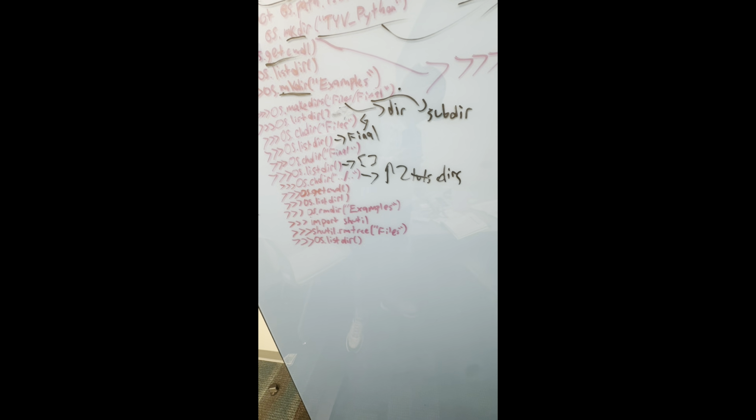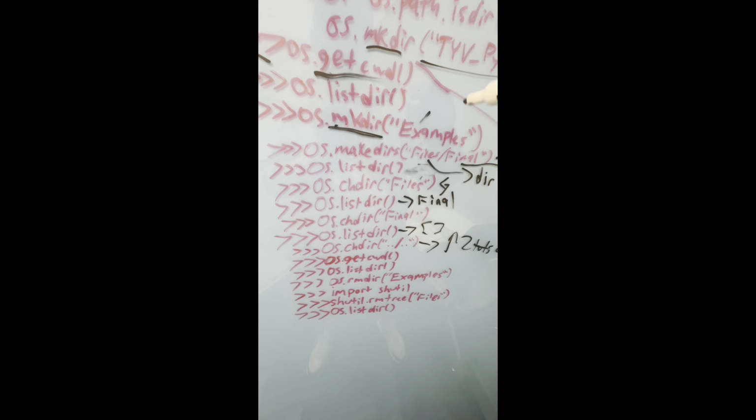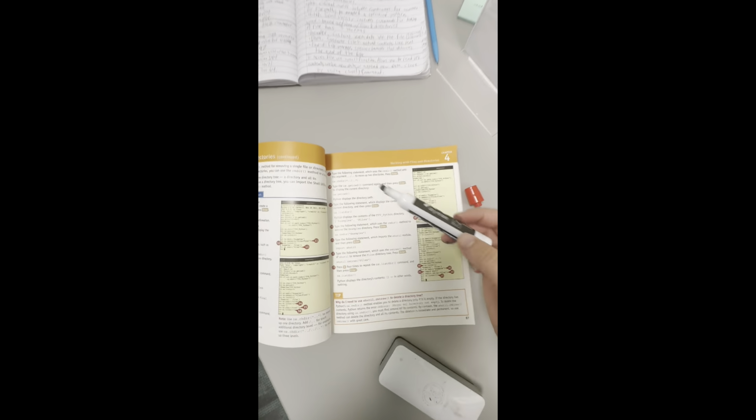So from what I'm kind of understanding, this is pretty much a guess, but moving up 2 directories, we were at final, we moved up from files, we moved up 2 files, and then we moved up to examples, which was our first method, our first directory. So if I'm reading this correctly, that moves us up 2 directories. And then this